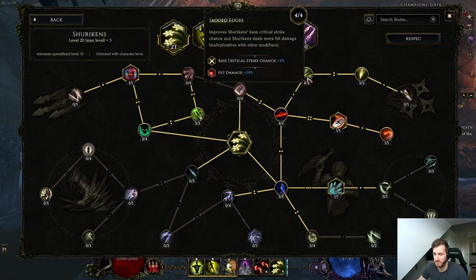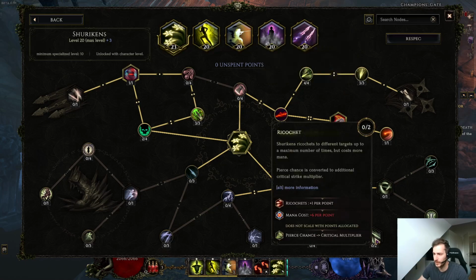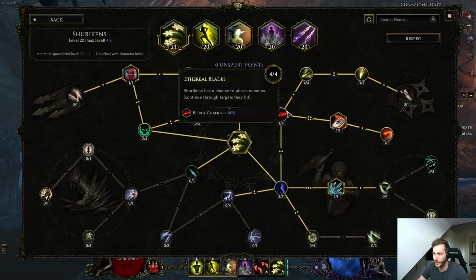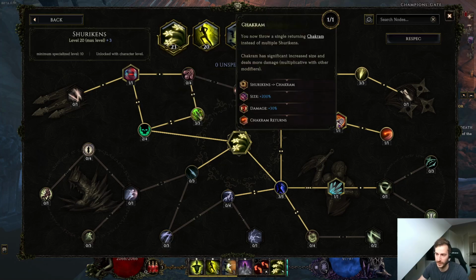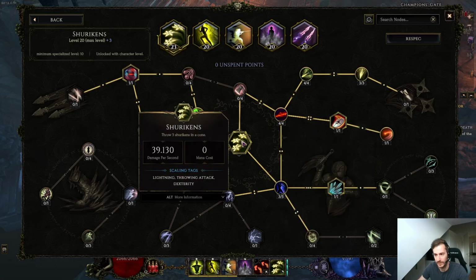Exactly, so that you basically get high crit, also more multiply here, and the rest of the points go into crit multiplier. We will get so much crit multi on this build. You could also play around abusing this node here. It's just 1 point here, 1 point here, and then you will basically convert the pierce chance into crit multi, so you will get another 100% crit multi, and you will not lose the pierce because Chakram will always pierce. It will add another 6 mana cost, and the base mana cost is 3, so